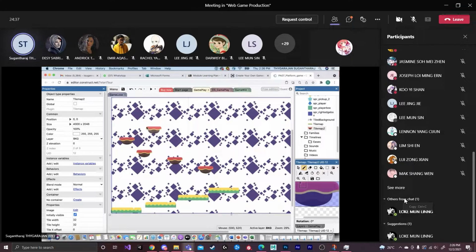Then you can click like this, and like this. So you can just place it based on your ideas, wherever you want. Like that you can decide which platform you want to set up.